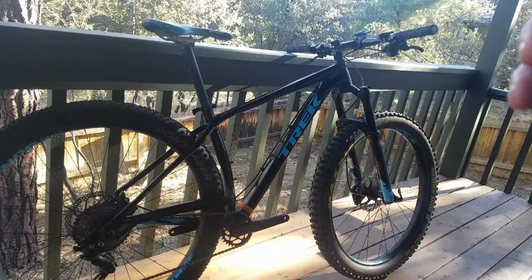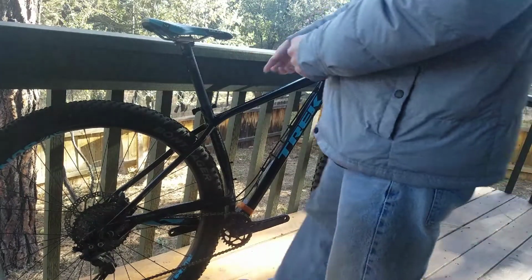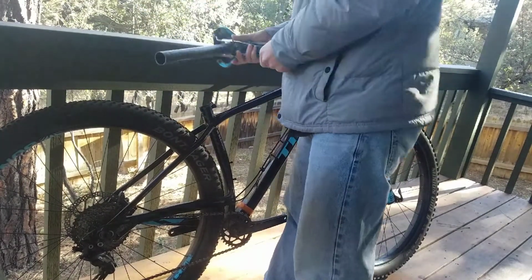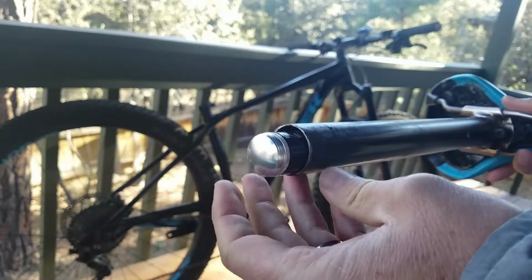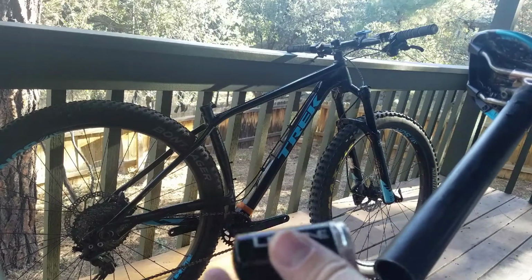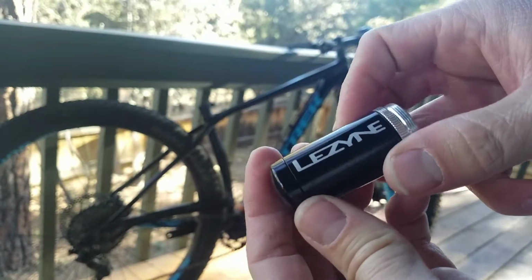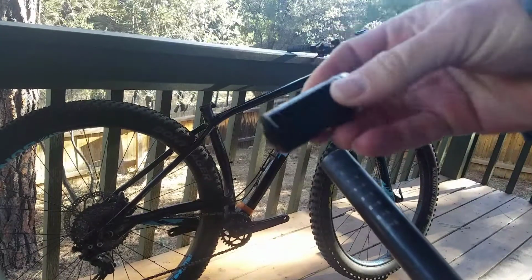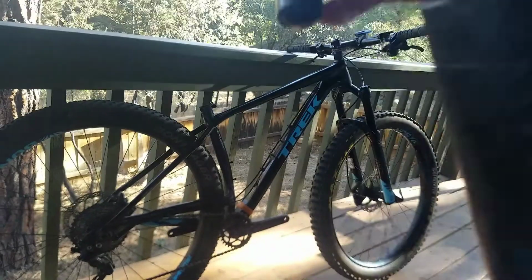Alright, so one of the places that you can store the Lezyne Tubeless Kit canister is in your seat post. That is, if you're not running a dropper, of course. But this Trek Stash has a 31.6 seat tube and fits right in there. So obviously it could slide around. So you could take an old inner tube and put a piece of the inner tube just around the canister and slide it up in there to make it secure. Or you could just put a paper towel or a shop towel or something around it and slide it in there,